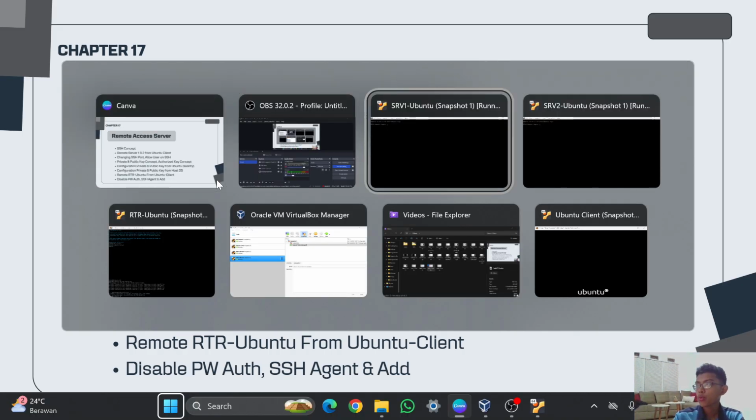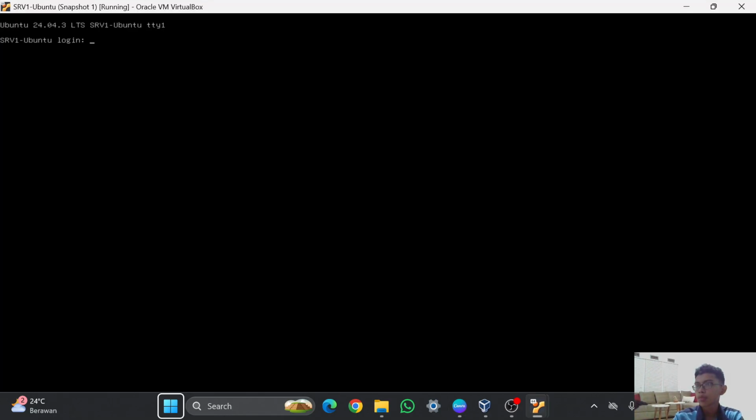First I will open the server 1 Ubuntu and I will log in.